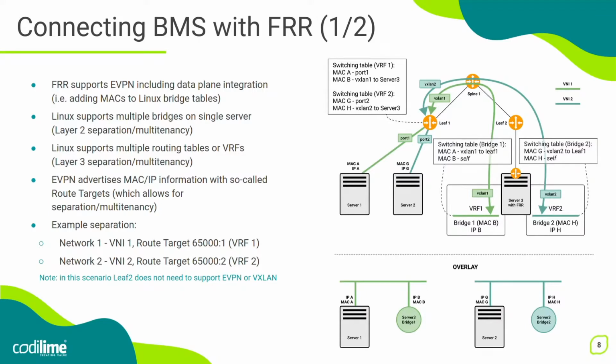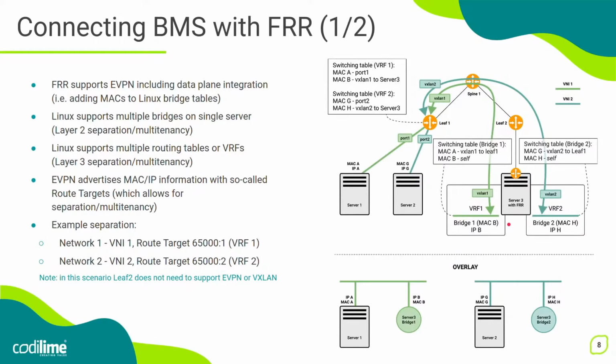Now, let's take a look for a moment at server 3. And we can see here that server 3 has one physical interface connecting it to the networking switch, but it also has some logical interfaces, a bridge 1 and a bridge 2 interface. And in Linux, there are several types of logical interfaces that can be configured. In the case of bridge interfaces, this is like putting a network segment inside of a single server, inside of a single operating system, where layer 2 forwarding can be done.